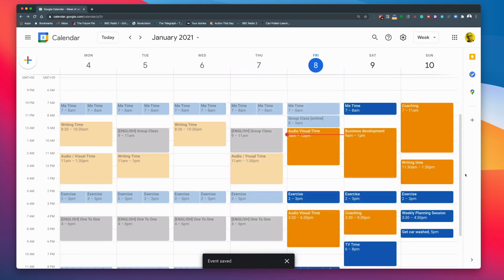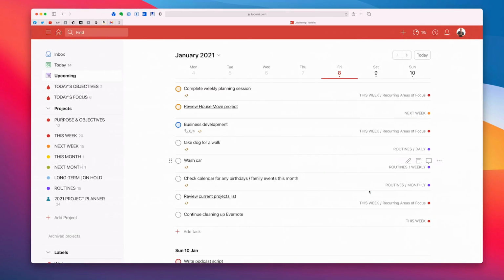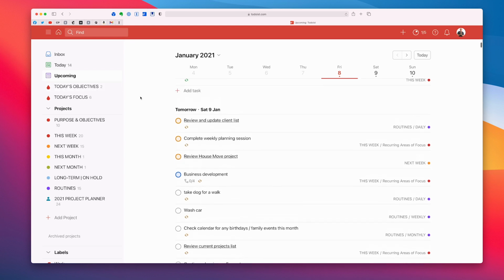So now I look at my calendar and I think, right, great. Sunday, I've also got all these blocks. I've got these times in here where I've got time between sessions to deal with any emergencies. And this is the key with time blocking: don't squeeze everything in. You don't give yourself no space at all, because emergencies will happen. So that's how I use Todoist, and I use the upcoming view right here to do my daily planning, because that's how I can manage my work so much better.